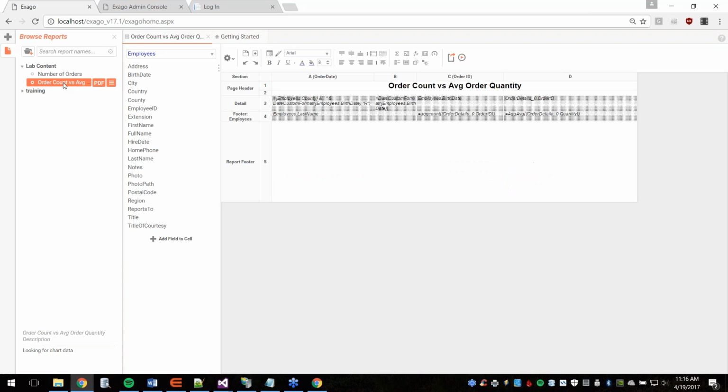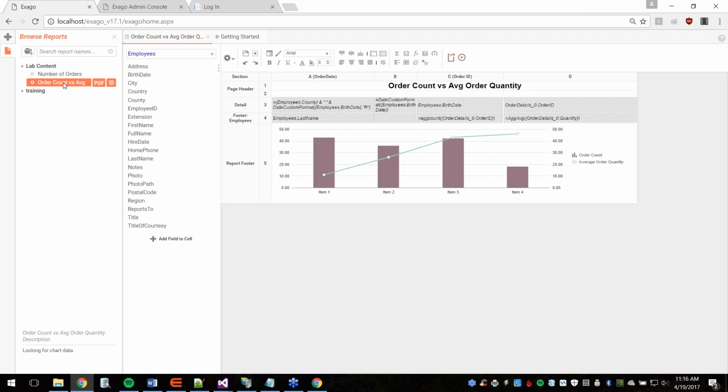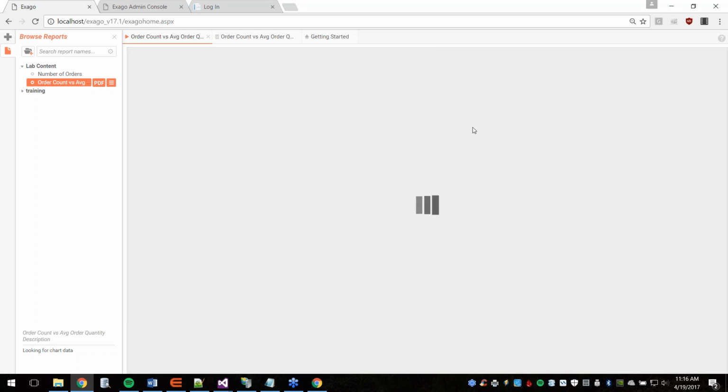So at this point, I'm going to open up a combination chart that we've created. And here we can see we're charting the average order quantity for each employee as a line chart, as well as a count of all their respective orders as a column chart. And if I were to go ahead and run this chart,